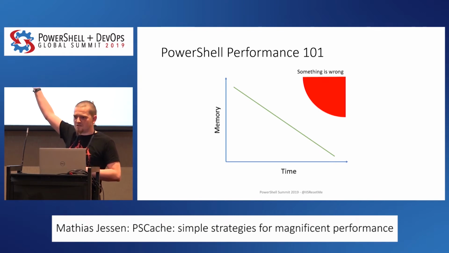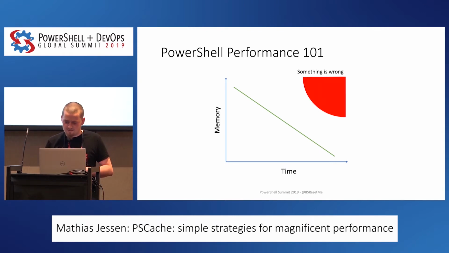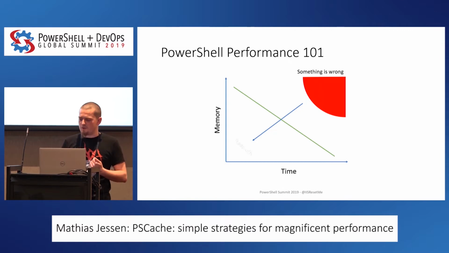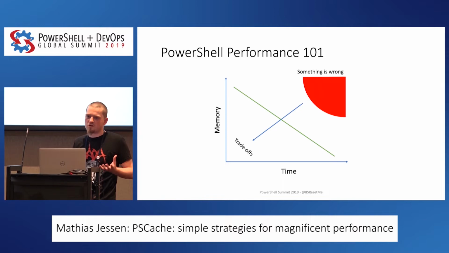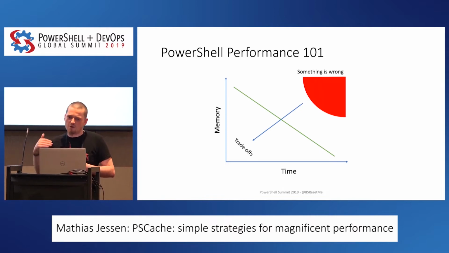If you find yourself up in this wedge up here, something's wrong, right? So basically what we want to do is move down towards this corner down here where we keep memory pressure low and runtime is as fast as possible. As I said before, as soon as we do that, there are going to be some trade-offs. We're going to lose, again, some of the nice functionality in PowerShell if we go straight into C# and so on. So an example of how this can manifest in scripts came about last year before PSConf EU when Tobias,